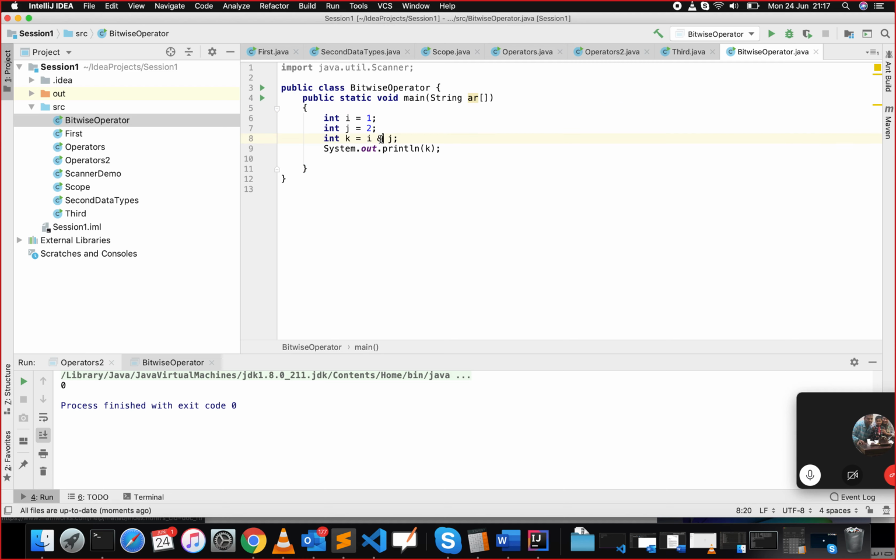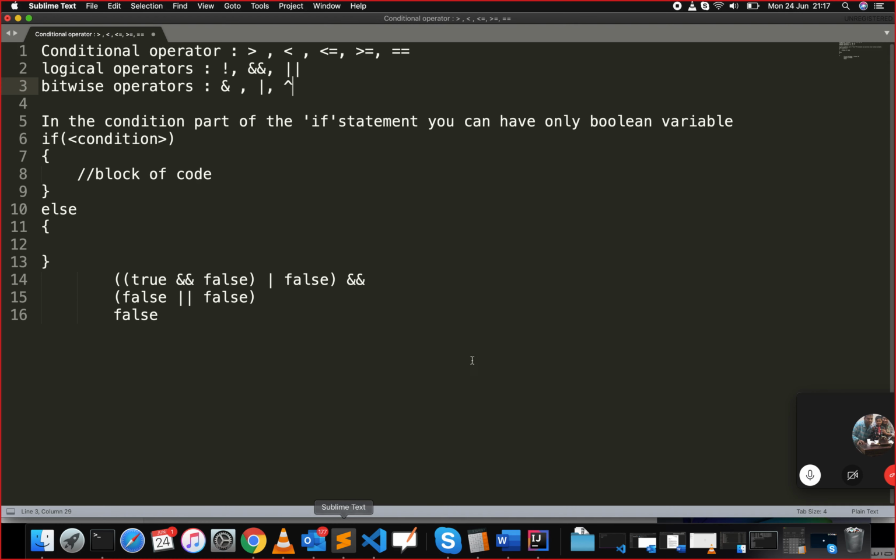Oh yeah, sorry, of course it's 0. If it's OR, it means it's 3, sorry. Yeah, okay. So what has happened is, what does 1 mean in the binary format? Say for example 1 means, what's the binary of 1, we will represent in a byte, 0 0 0 0 0 0 0 1, and 2 means 0 0 0 0 0 0 1 0. Okay. Now if you do AND operation on this one, what will happen is everything will become a